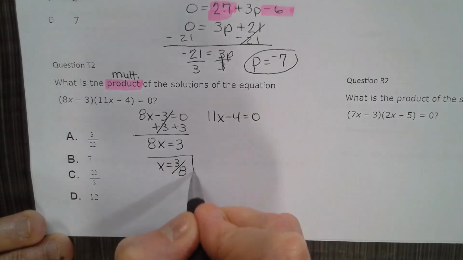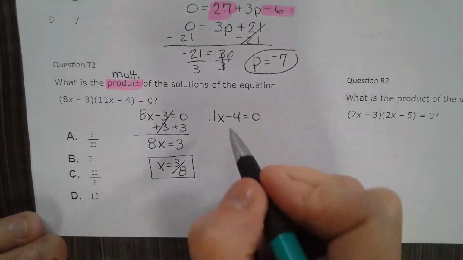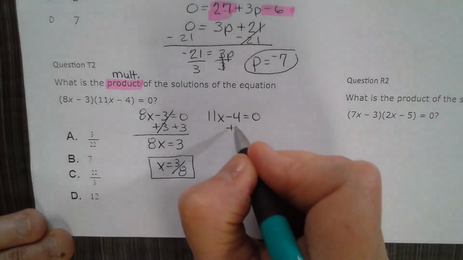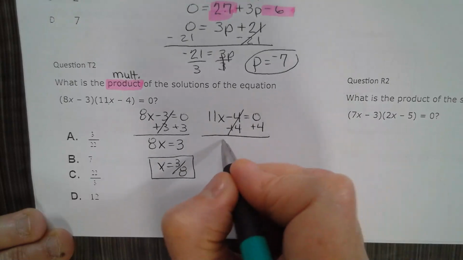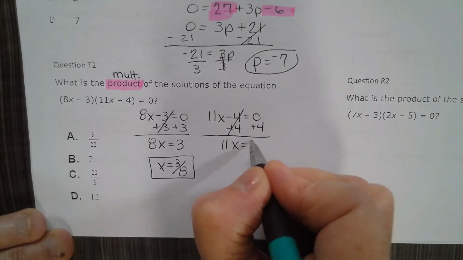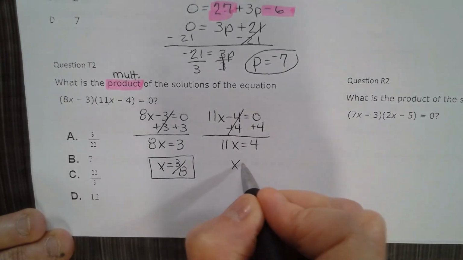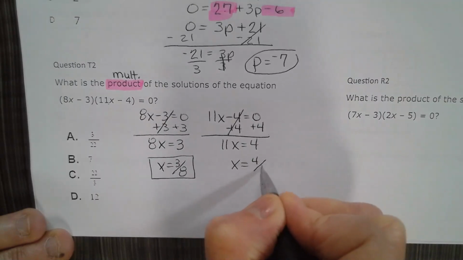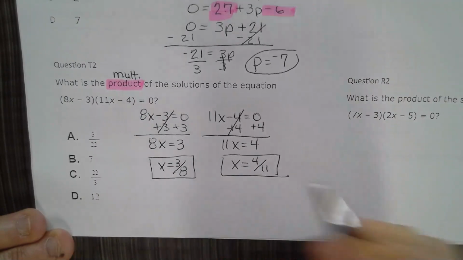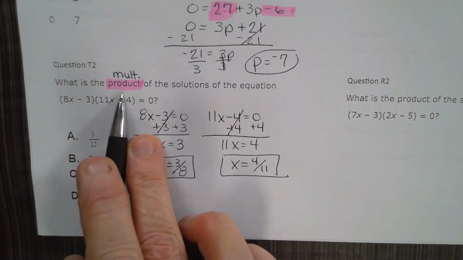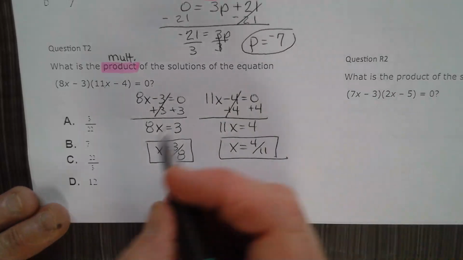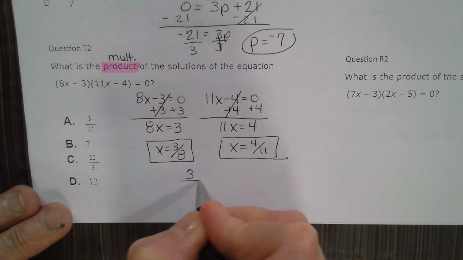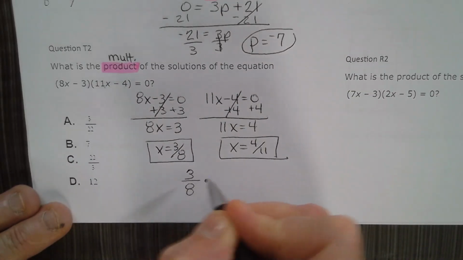So this is one of my solutions. Do the same thing over here. We're going to add 4 to both sides. So we got 11x equals 4. We're going to divide both sides by 11, so I get 4/11. So these are my solutions, and it wants us to find the product of the solutions, which means multiply them. So we're going to multiply 3/8 times